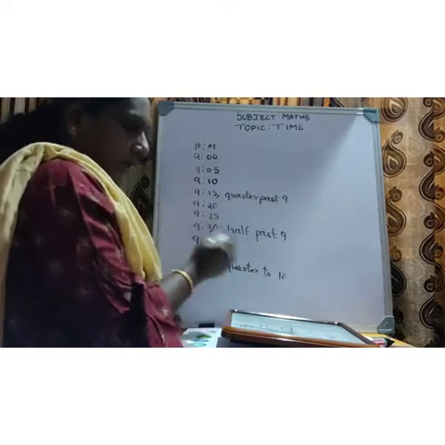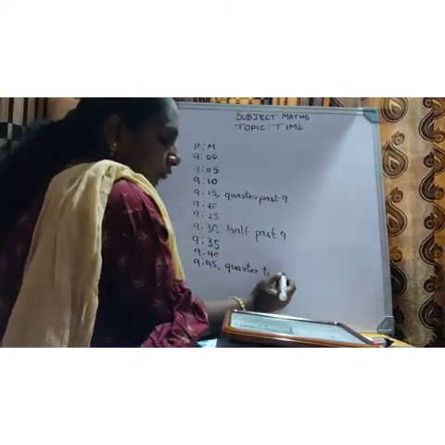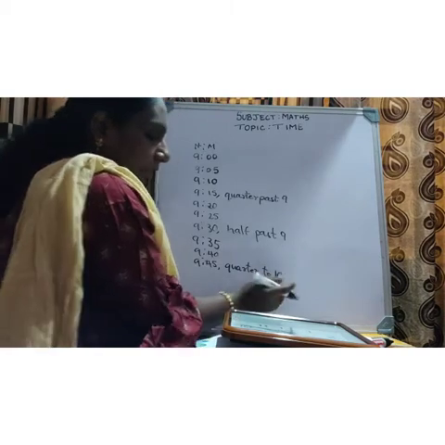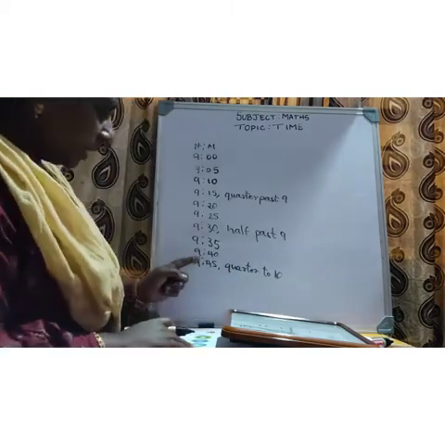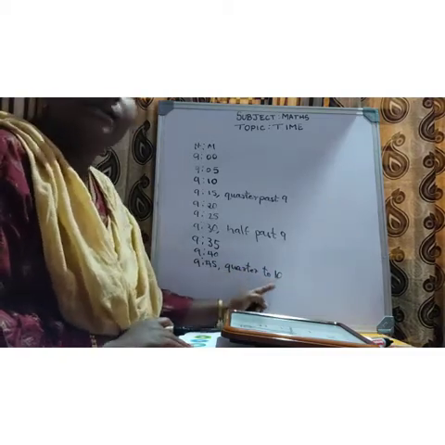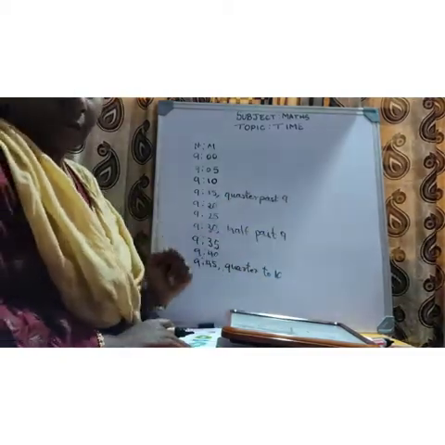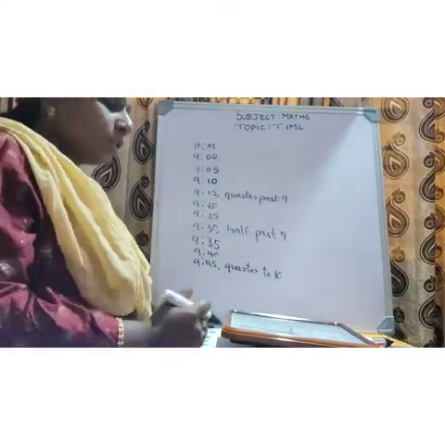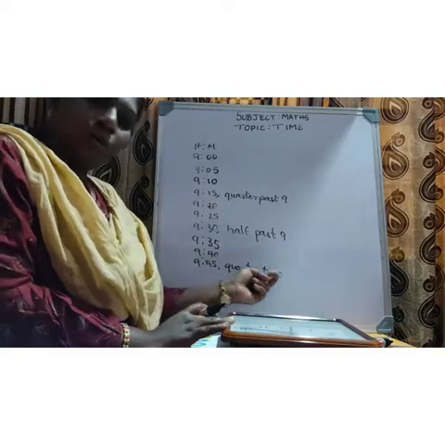10. Okay, you can't tell it as quarter to 9. Then what should you tell? You should tell it as quarter to 10. You can either tell it as 9:45 or you should tell it as quarter to 10. The next hour you should tell. So there are 15 minutes for 10 o'clock. We will tell in that way, right? So you can tell it as quarter to 10.